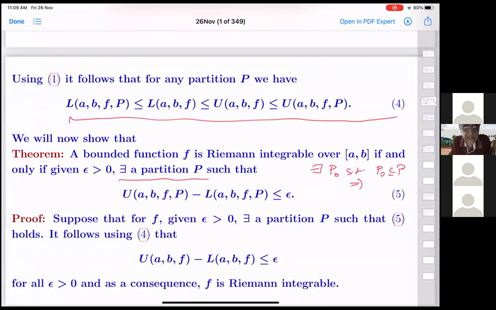Yeah, so there exist partitions P1 and P2 such that UABF P1 and LABF P2 differ by at most epsilon. But now you think about, you want to use this theorem. It's easier if you have to just produce one partition rather than 2 distinct partitions. That's all. Okay. So actually I was thinking, might it not be better to have the ability to produce 2 partitions if we need to? So if we're not able to get one partition which satisfies. Yeah, but I couldn't find any example of that, and everybody uses this framework. That's all. Okay. Right. No, that makes sense, sir. I just thought, but it might not be true. So yeah, thank you, sir.